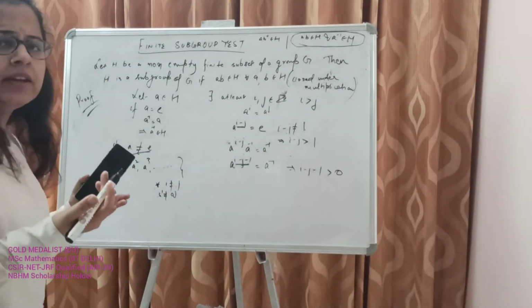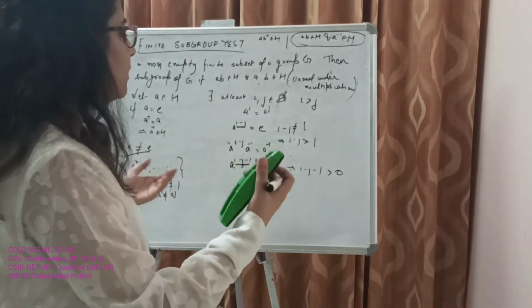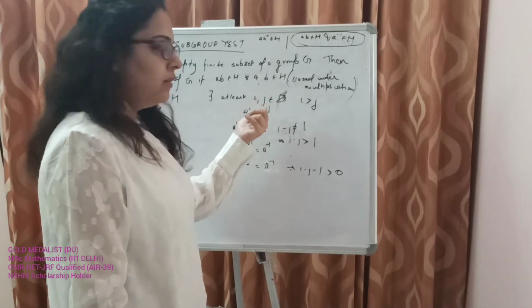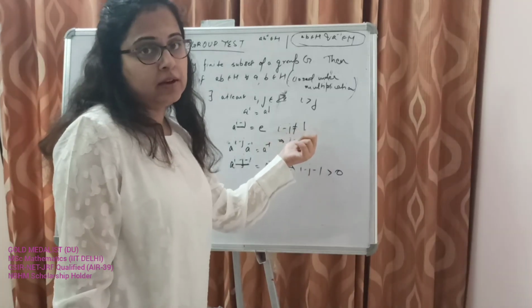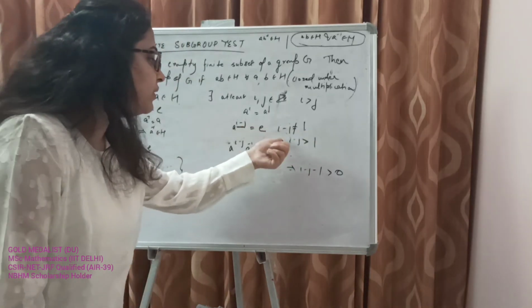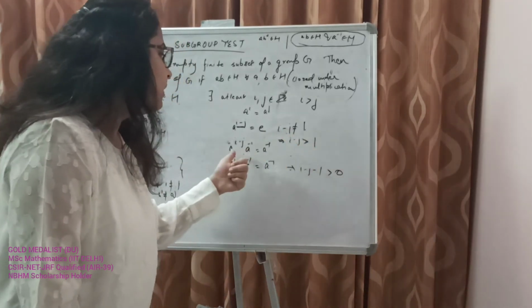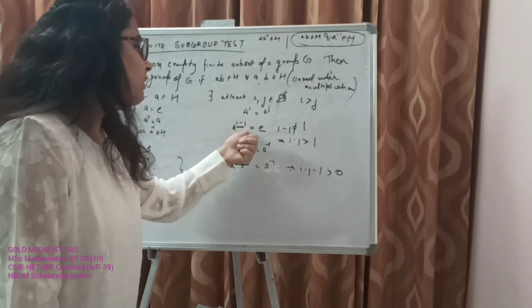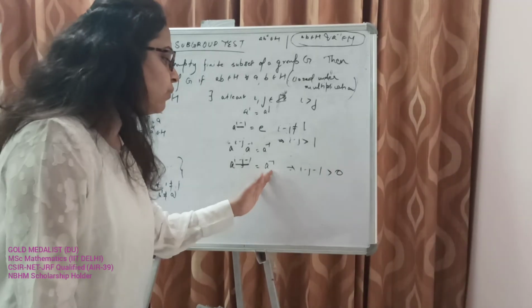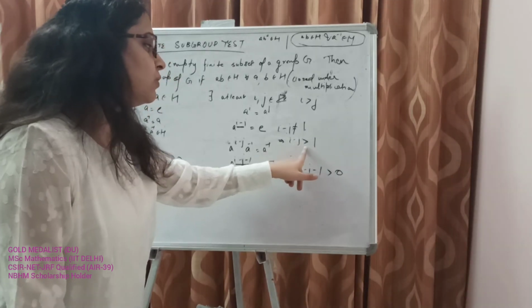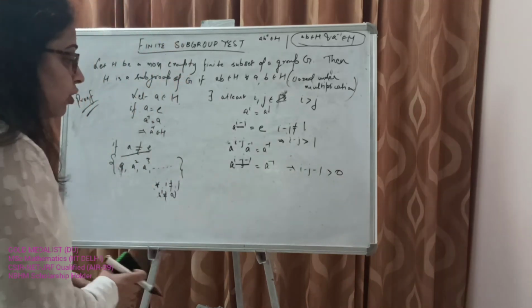If any two elements are equal, obviously one will have a lower power and the other one will have a greater power. We are taking I to be greater and j to be smaller, and the difference has to be greater than 1, because if it is 1, we have proved that it will become identity, which we do not want. So I minus j is greater than 1. Multiply both sides by A inverse. A power I minus j minus 1 equals A inverse, and I minus j minus 1 is greater than 0. Since this is a positive power of A,